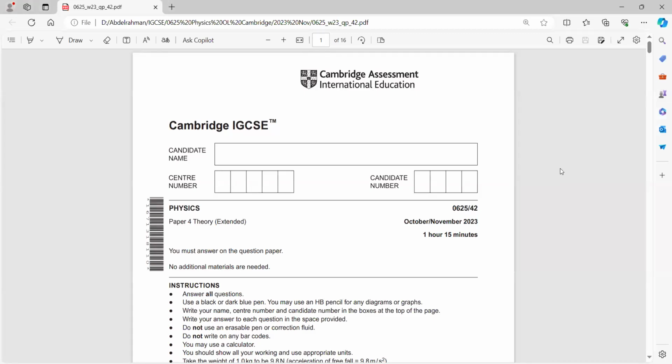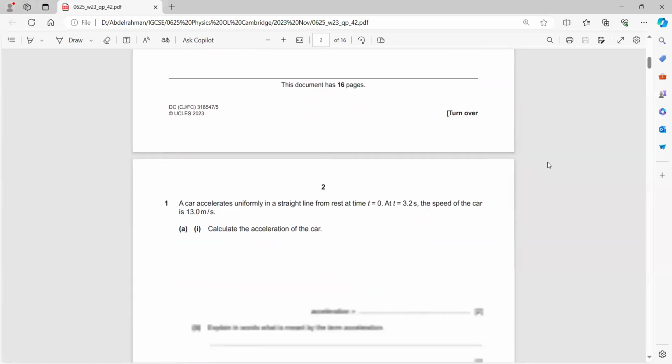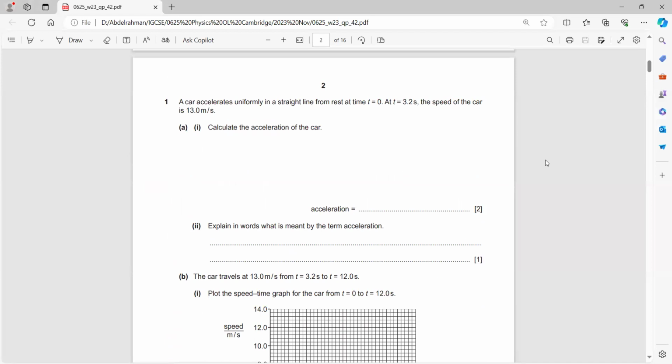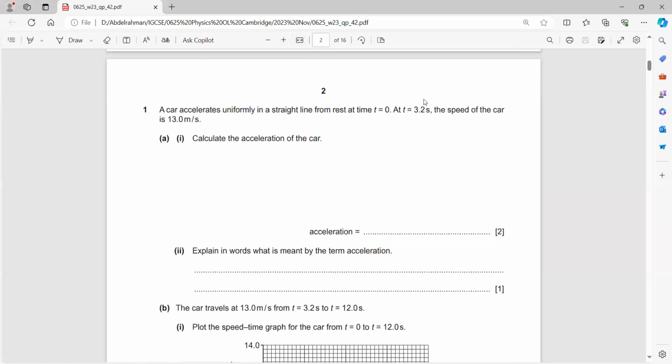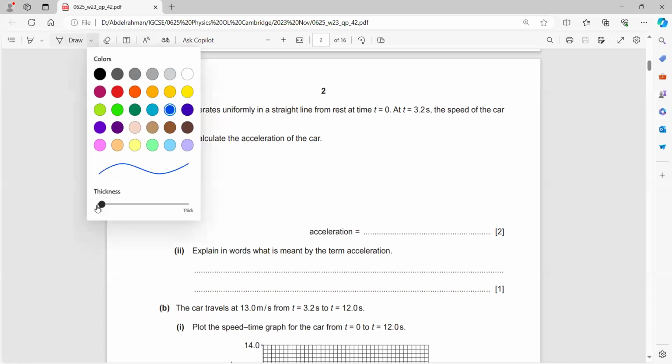November 2023, paper 4, variant 2. Question 1. A car accelerates uniformly in a straight line from rest at time 0. At t equals 3.2, the speed of the car is 13 meters per second. Find the acceleration. Well, acceleration equals